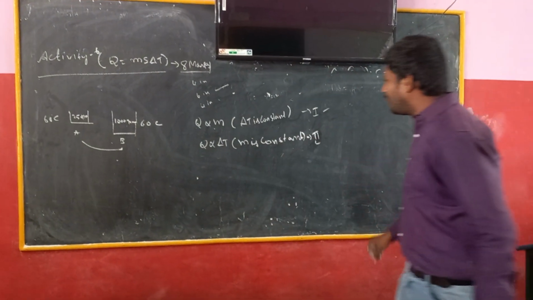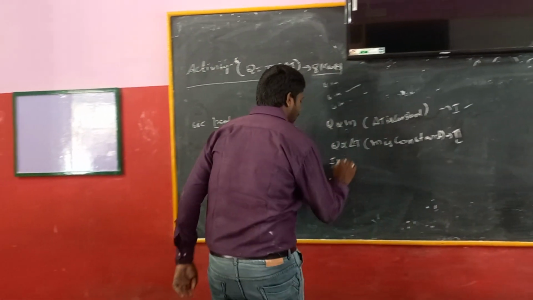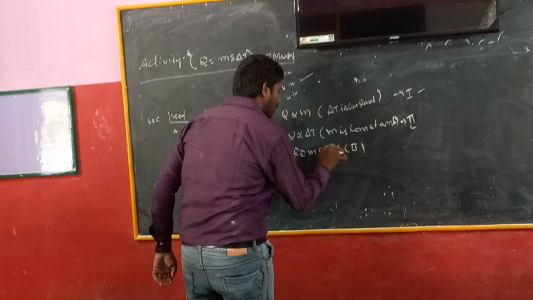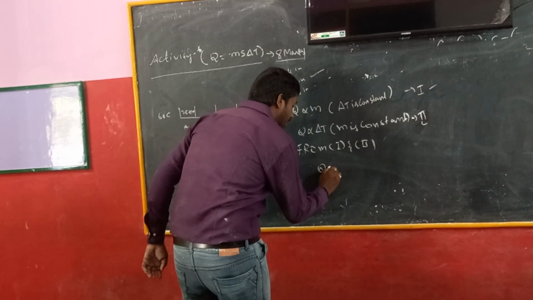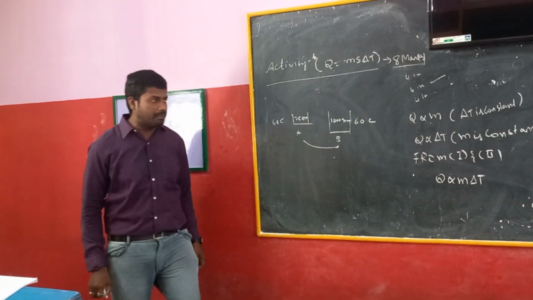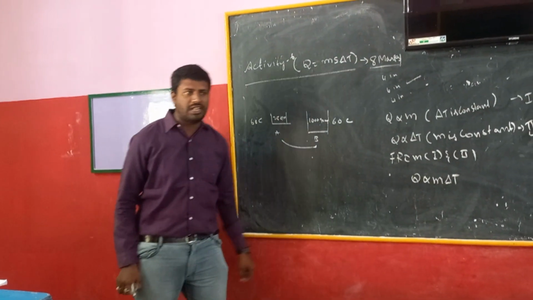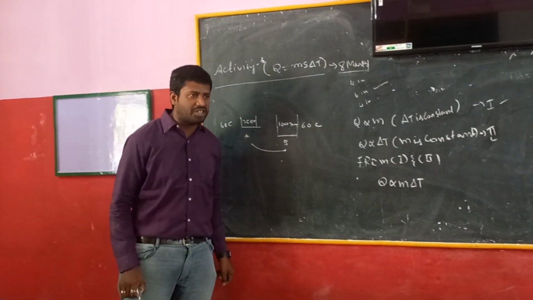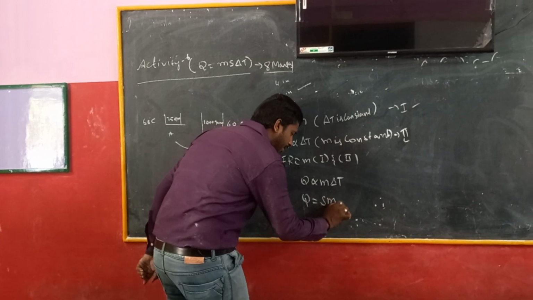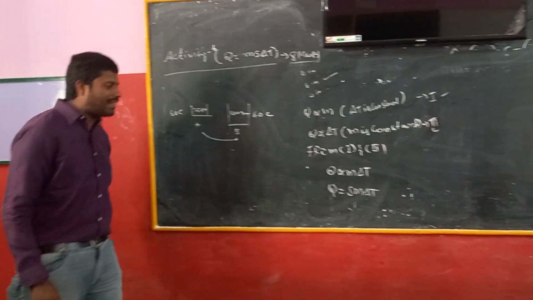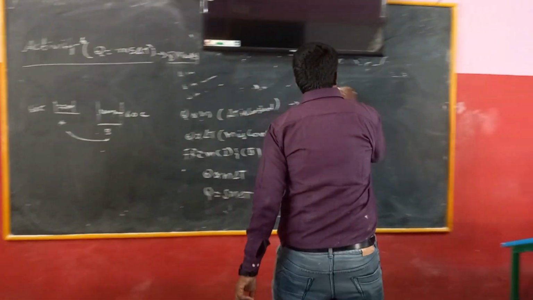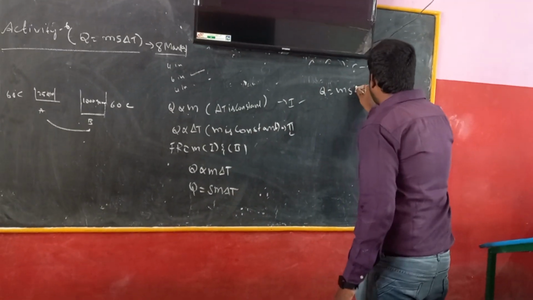From equation 1 and equation 2, we conclude that Q is proportional to M delta T. If you want to remove the proportionality symbol, we need to place a proportionality constant, and that is Q = S m delta T. If you want to write the equation in alphabetical order, then we write Q = m s delta T, where